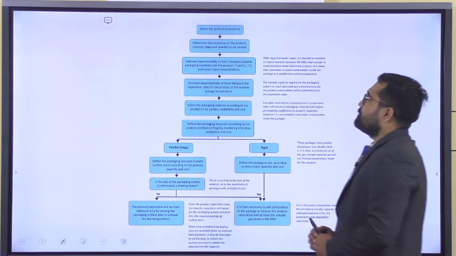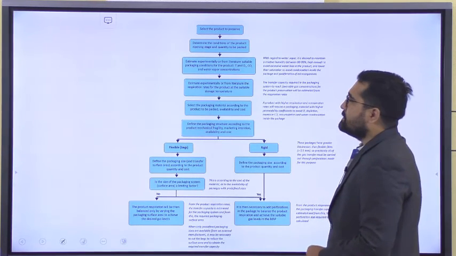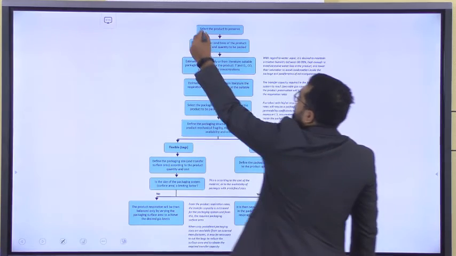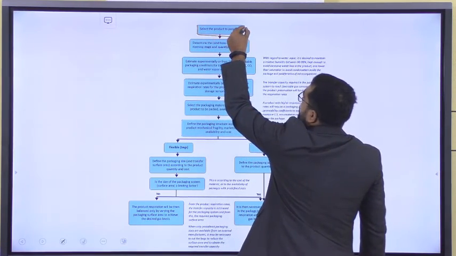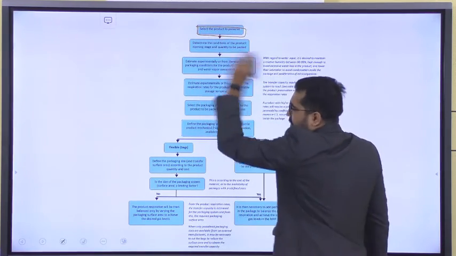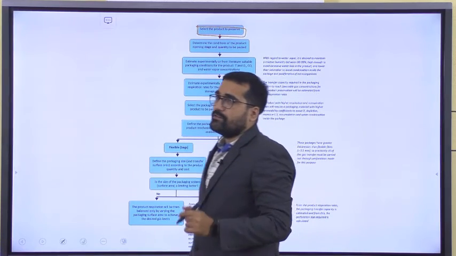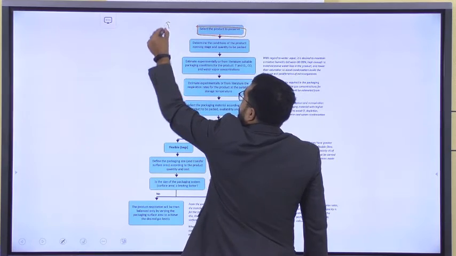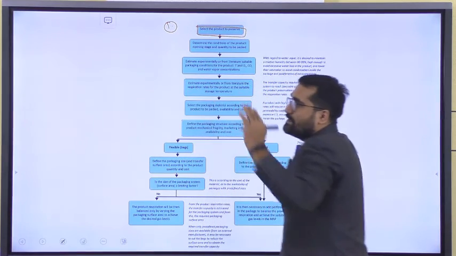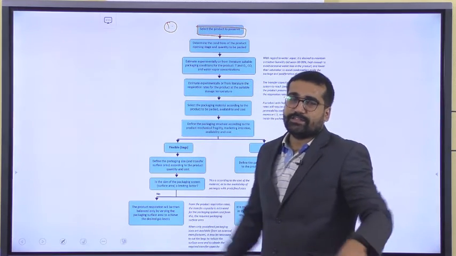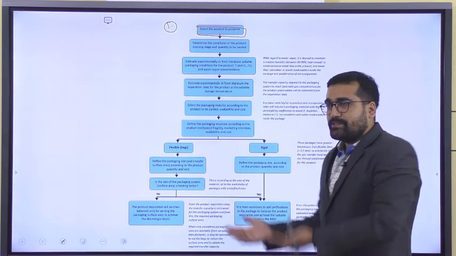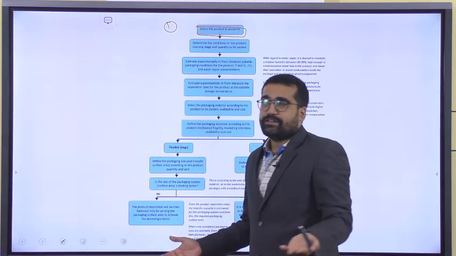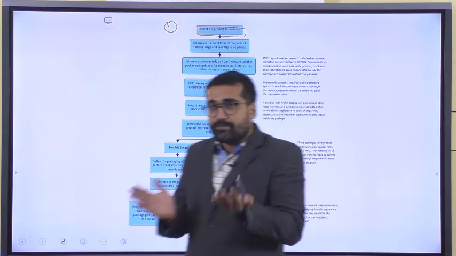The first step in designing a MAP is to select the product, that is, which product we are going to deal with or preserve. This is point 1. We have to finalize the product, because MAP conditions vary with the product. As the product varies, the conditions vary, not only the conditions but more than that.